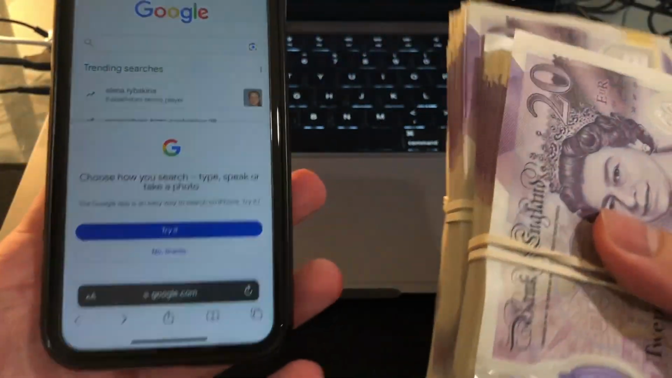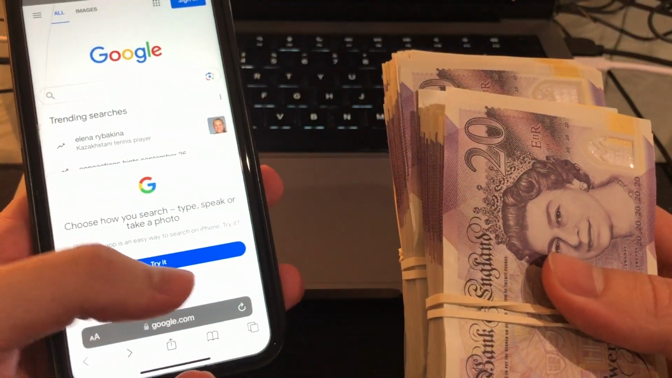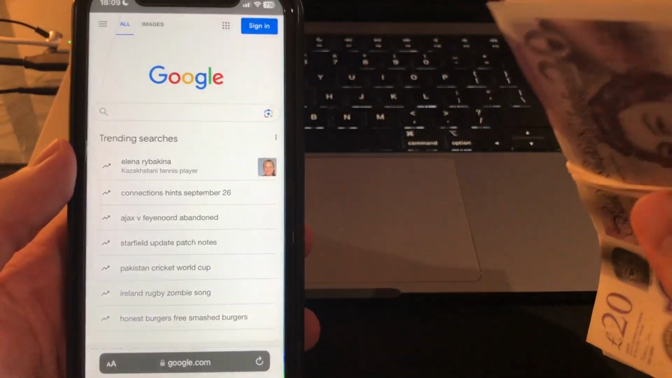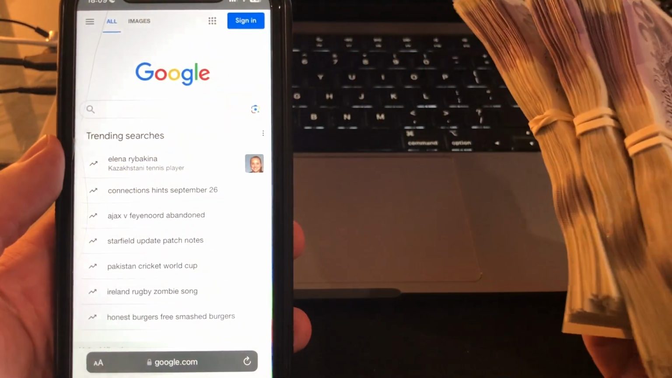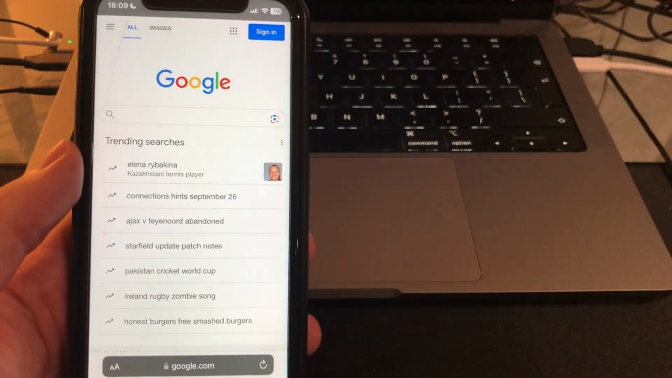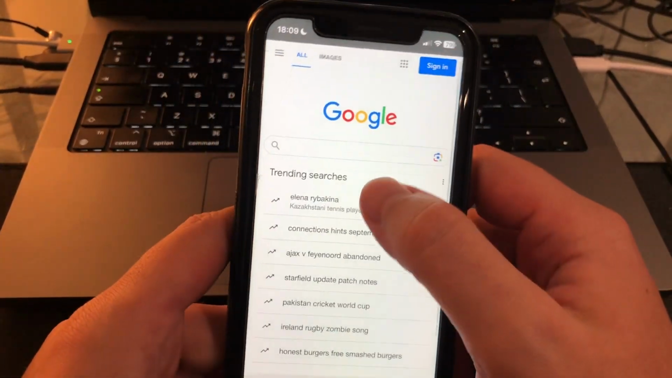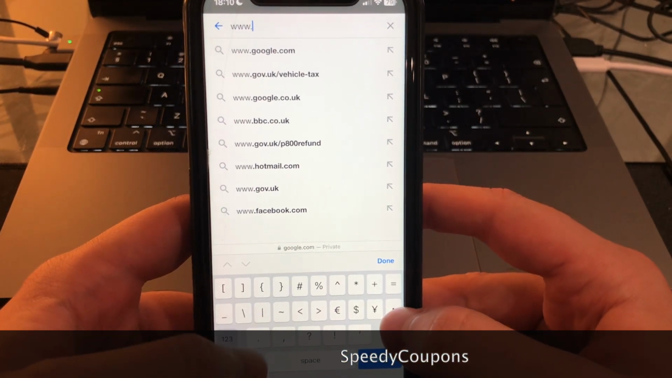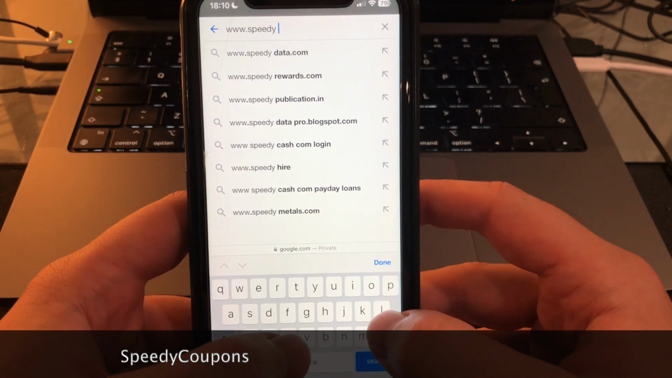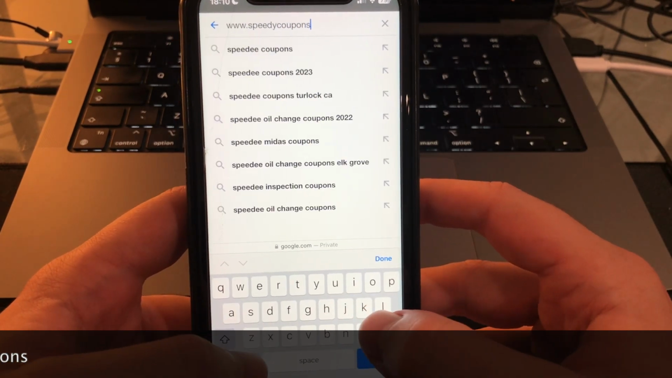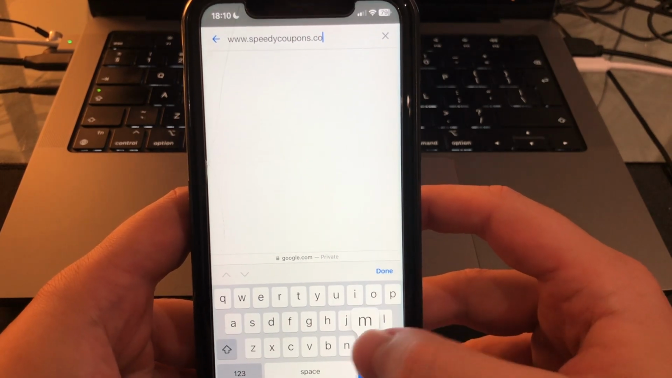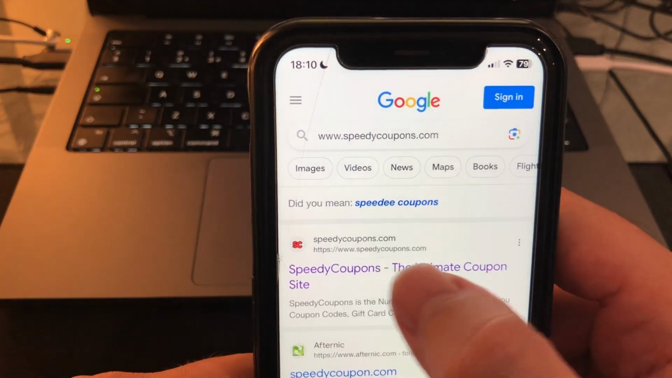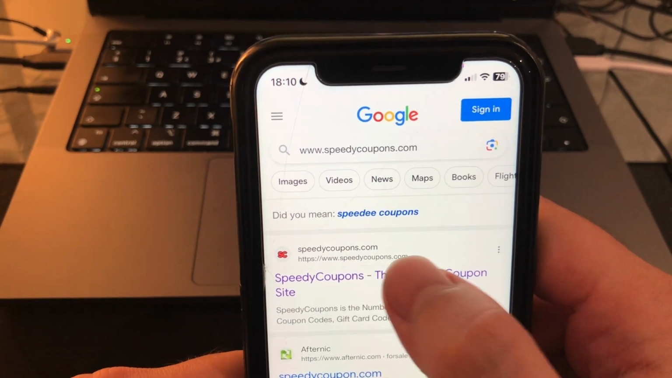So all you need for this method is your mobile phone, and it is so simple, guys. I'm going to run through these steps now on how you can get your free Visa gift card codes, or basically prepaid virtual Visa cards. So grab your mobile phone, and you can see I have Google open here, and you need to go to this website, www.speedycoupons.com. So speedycoupons.com, and hit search, and this is the website, Speedy Coupons, the ultimate coupon site,